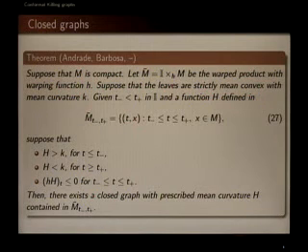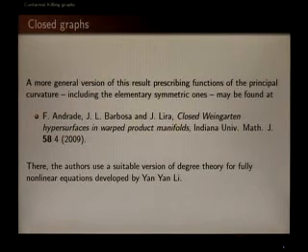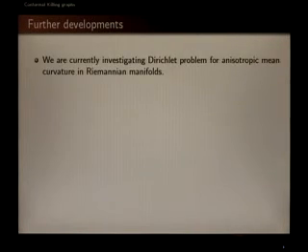You may say that this same kind of result may also be applied for other closed problems, for example, for scalar curvature and the higher order symmetric functions of the curvatures, not only for mean curvature. And the general result for this kind of problem was presented in this paper. This time you may not use the continuity method, but a kind of degree theory developed by Yang and Li. And turning back to my work with Marcos, you point out some work in progress concerning this time anisotropic mean curvature. The problem